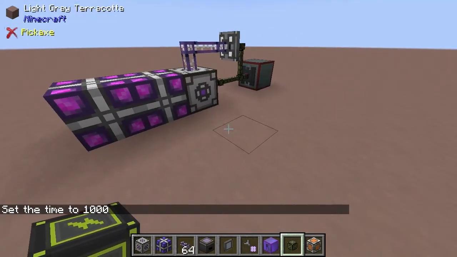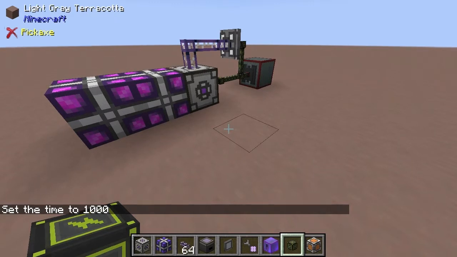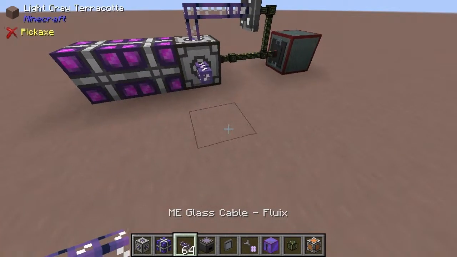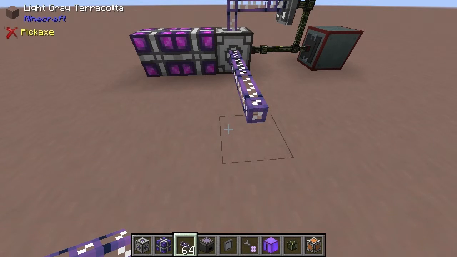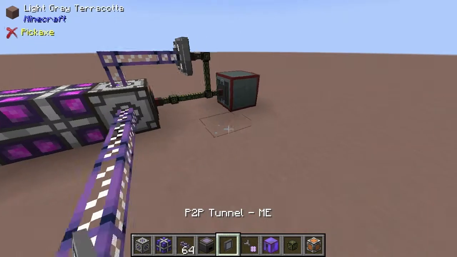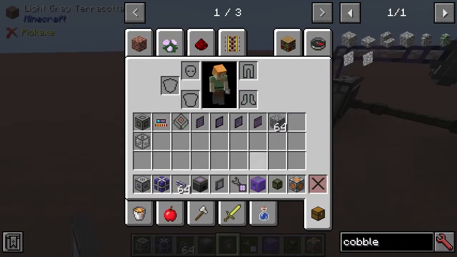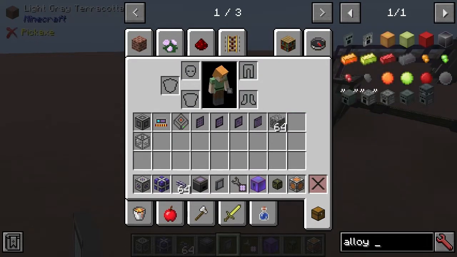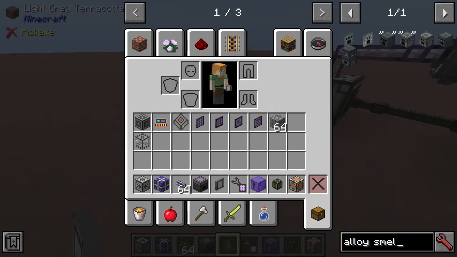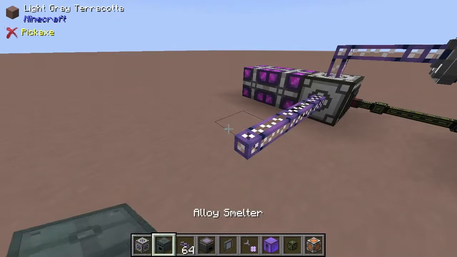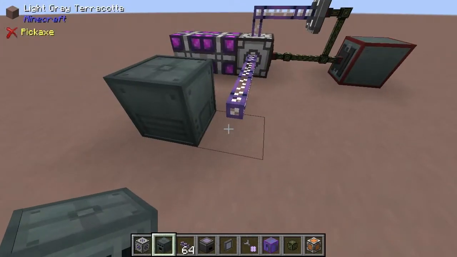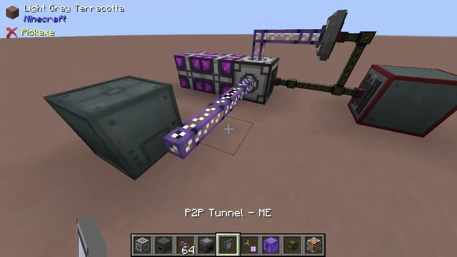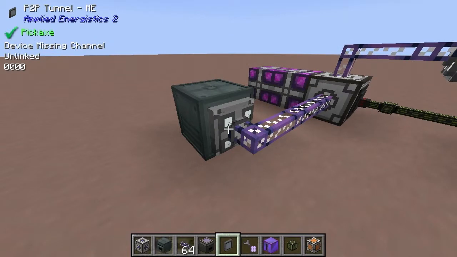So let's build something that resembles a network here. So we've got the cable coming out there. Let's maybe use this FE power and we can have, say, an alloy smelter. So we can put our smelter down here. Now you'll see it won't connect. But if we place the correct block here,